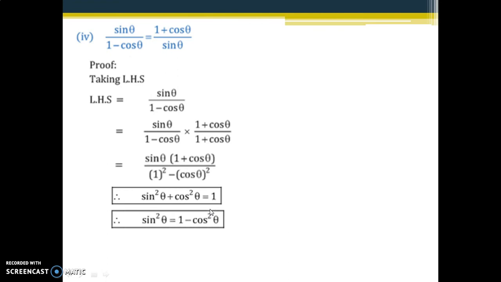Again by using this formula, 1 minus cos square theta is equal to sine square theta, and I have written that sine square theta in the denominator. We have one more sine theta in the numerator. I can cancel this sine theta and one sine theta from the denominator. I will get 1 plus cos theta upon sine theta. So this sine theta is the remaining one sine theta from this sine square theta, and 1 plus cos theta, we have it in the denominator. This is exactly equal to my right hand side, and hence this is proved.